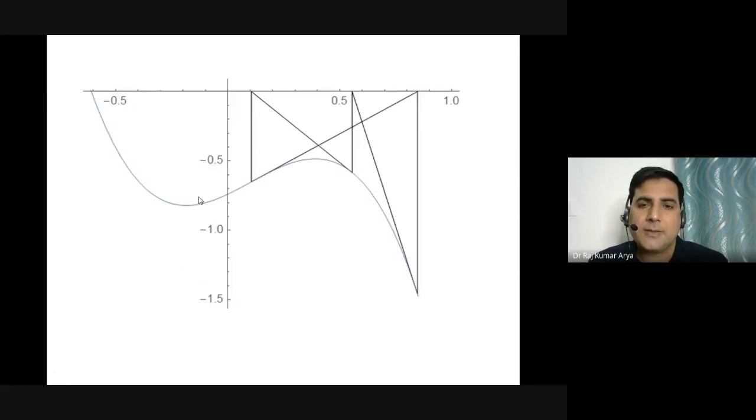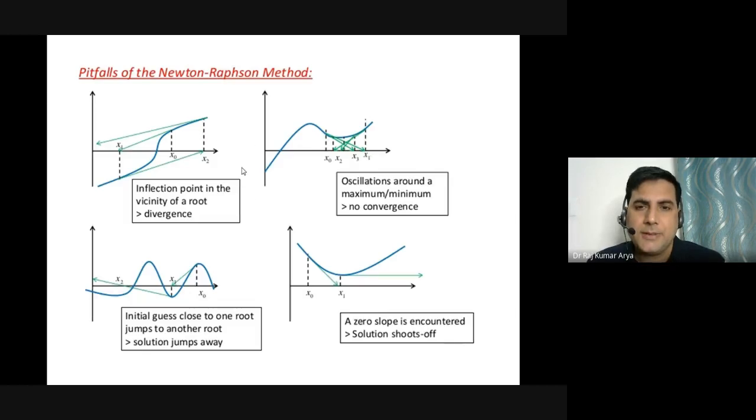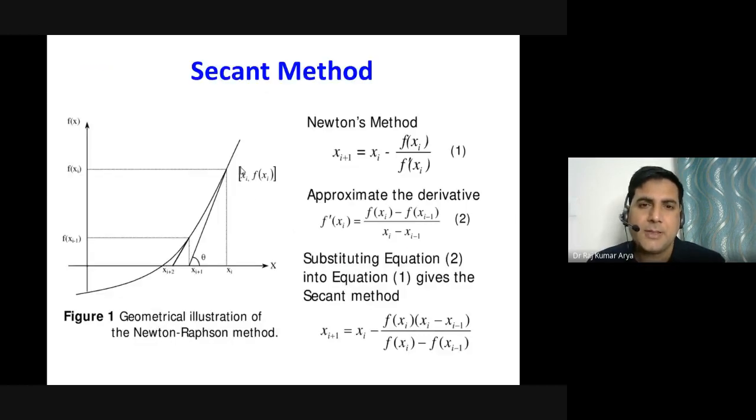So that oscillatory behavior can be possible wherever tangents at two points coincide with each other, and that oscillatory thing keeps on going. That needs to be taken care of by doubling the initial guess, or maybe by taking half of that, something like that. So these were the cases we talked about in the last class, and the secant method is another thing.